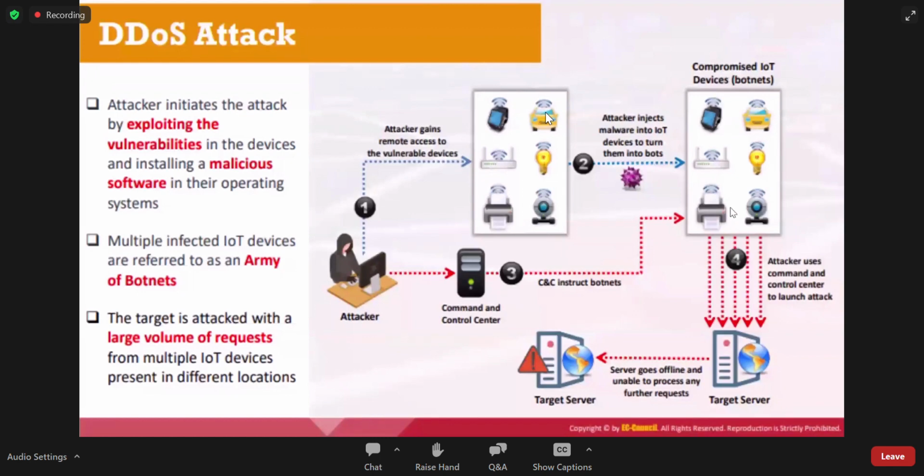Once it is done, these botnets will be communicating with, or having a connection to, the C2 or CNC server, and then it will start the attack. Each and every device in the bot network will send loads of data to the target server. Hence the server will be crashed. The server goes offline and is unable to process any further requests coming from the devices.